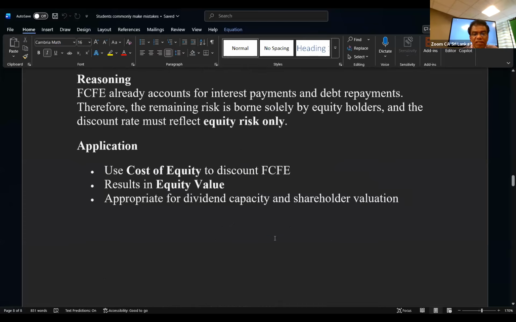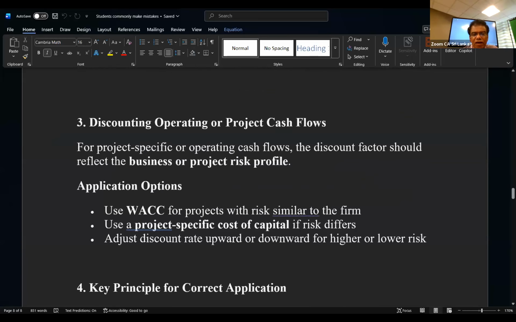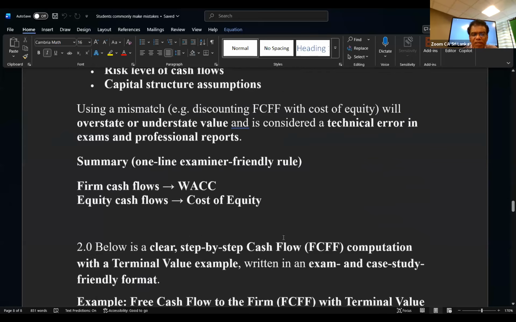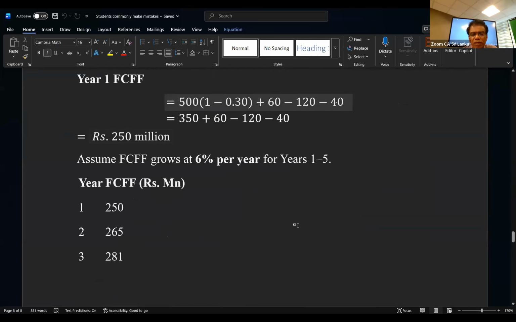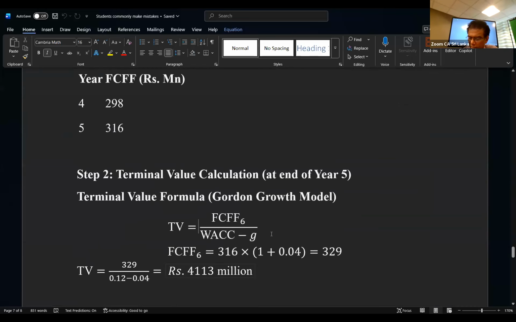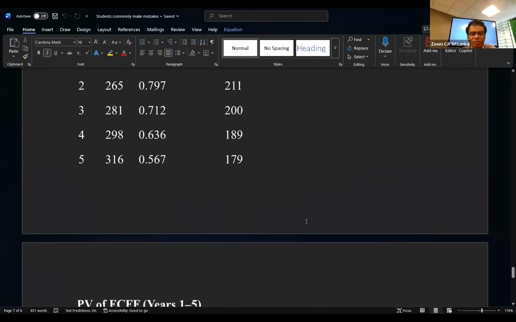The other one is the terminal value. You make mistakes in how to calculate the terminal value, and you make mistakes in applying the correct discount rate. It should be the last cash flow year, not the sixth year cash flow. If it is the fifth year and growth after the fifth year is given, then you must bring it to the beginning of the sixth year cash flow as a terminal value. Then you have to discount using the fifth year discount rate. So these are the concepts.